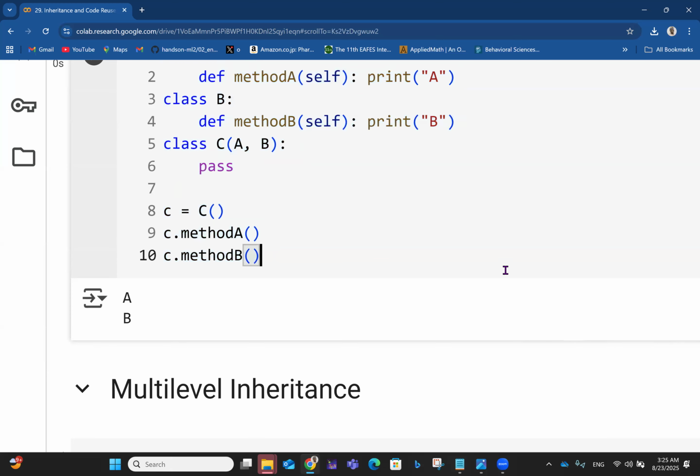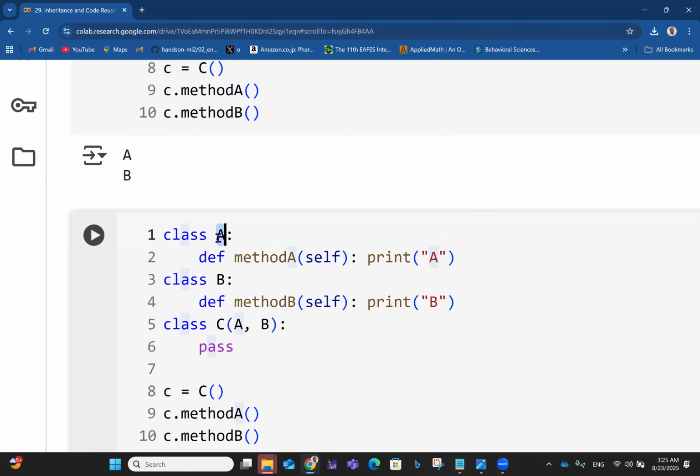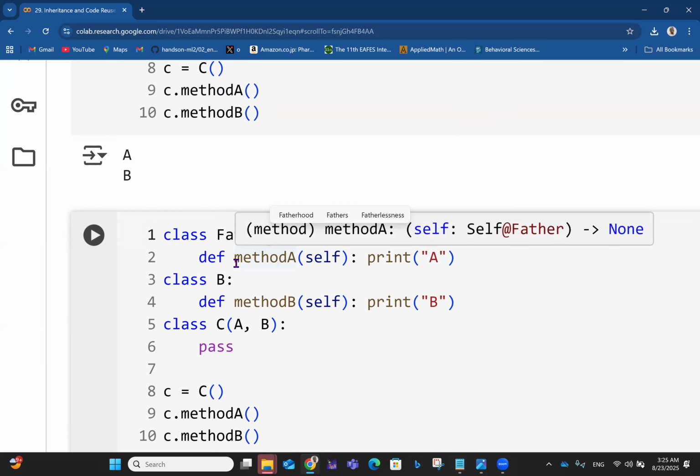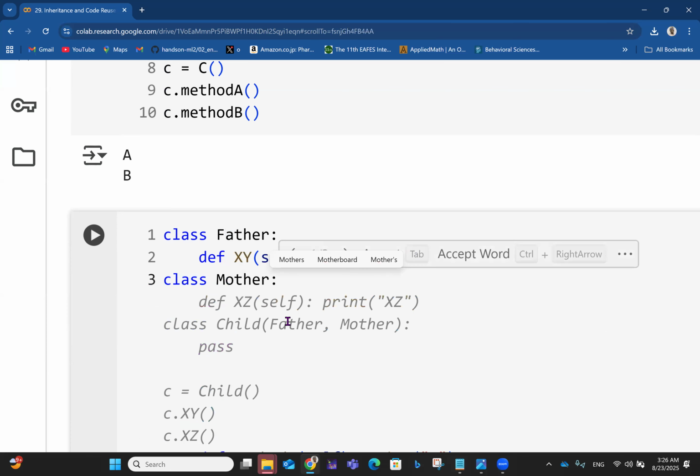Okay, let me use Alt Enter in that case, so I don't have to stress about that. Here what I'm saying is class Father, and we know father has XY chromosome, if you do it in terms of genetics, and then we print XY. Then class B; instead of B, I have class Mother. So mother has